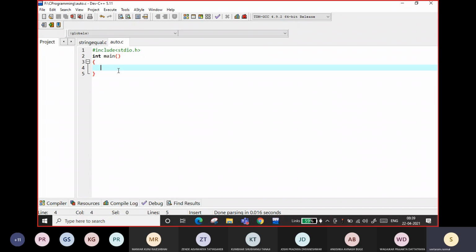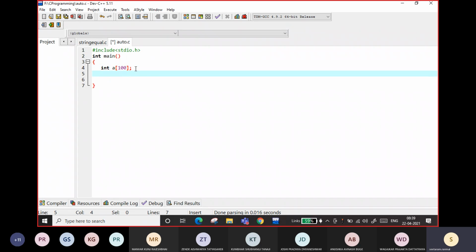So basically, the problem starts with the data type. Whenever you require a list of integers, or you want to play with a series or sequence of numbers, you take an array of 100 integers, right?